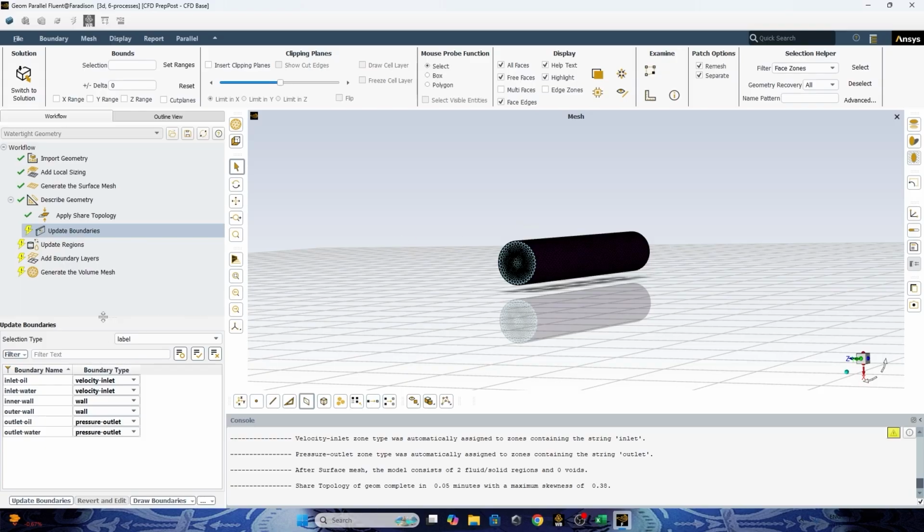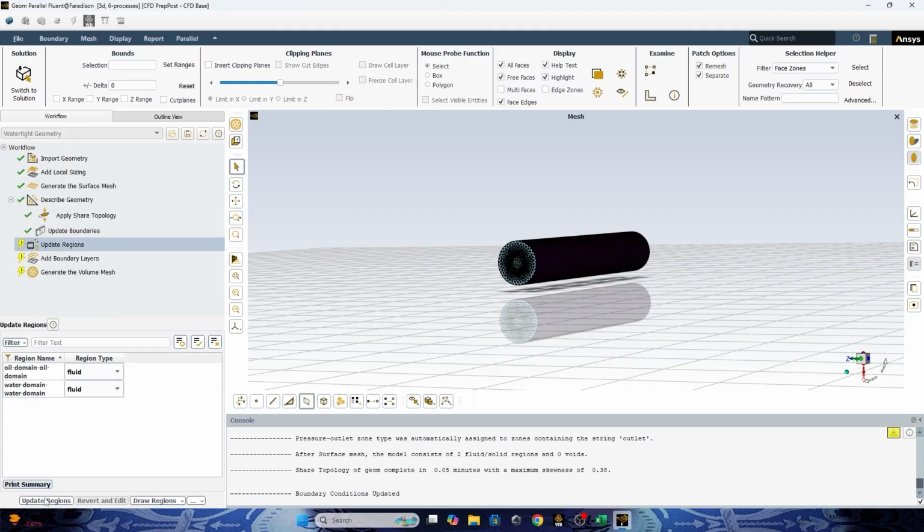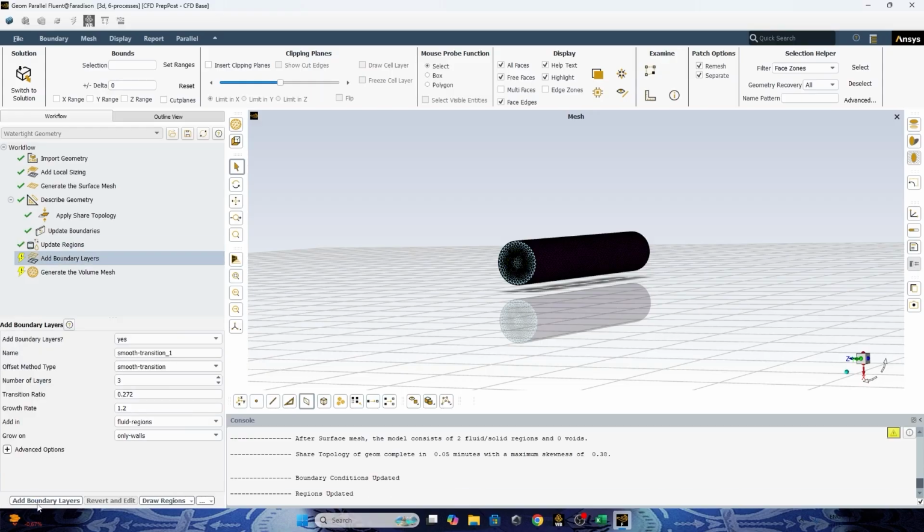So just update boundaries, and the software will automatically define your domains that you already set before in geometry. Okay, you can just update the regions.